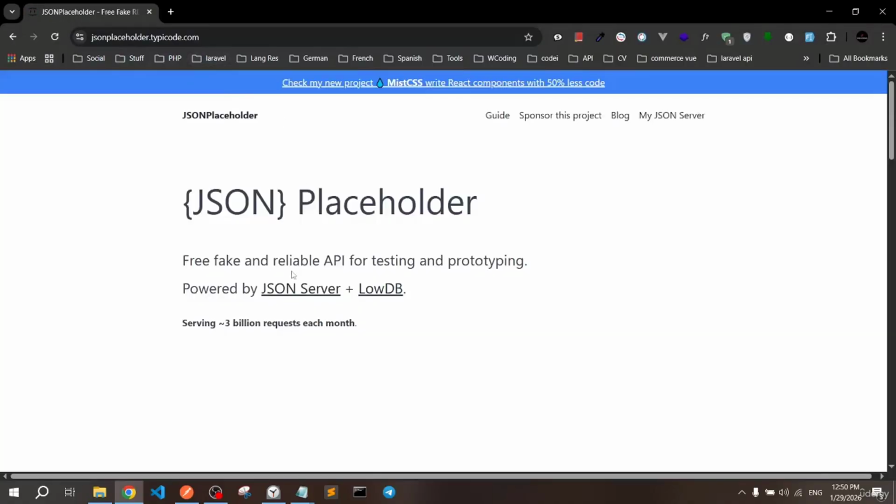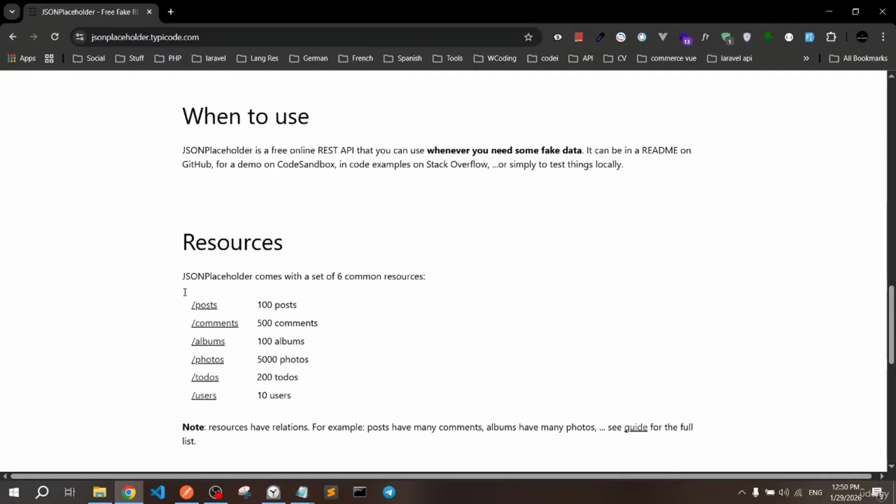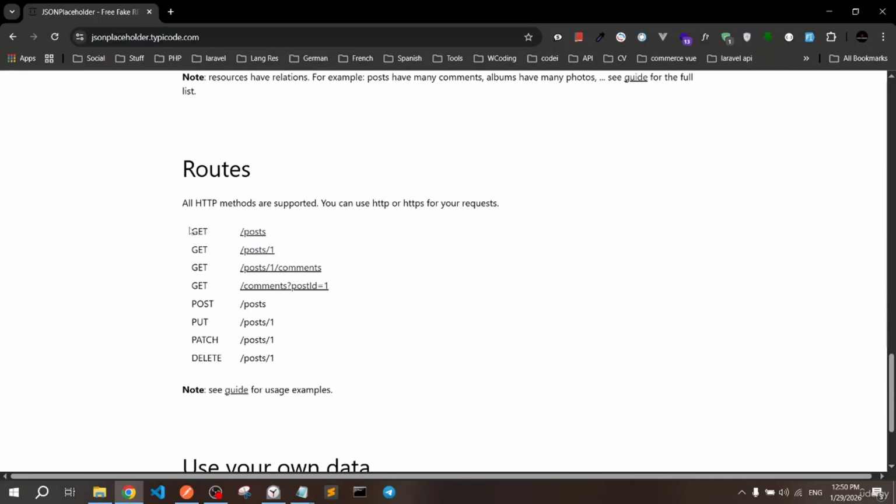All right, if we go down at the bottom, you're going to see that we have these resources. We've already hit the posts, and here we have routes. So it's also giving me access to not just display posts. All HTTP methods are supported, and you can use HTTP or HTTPS for your requests. I'm also allowed to go for other